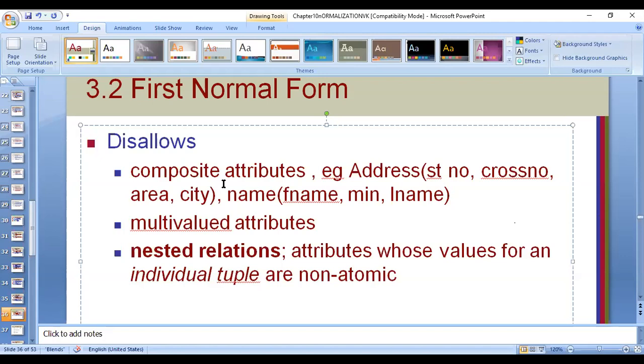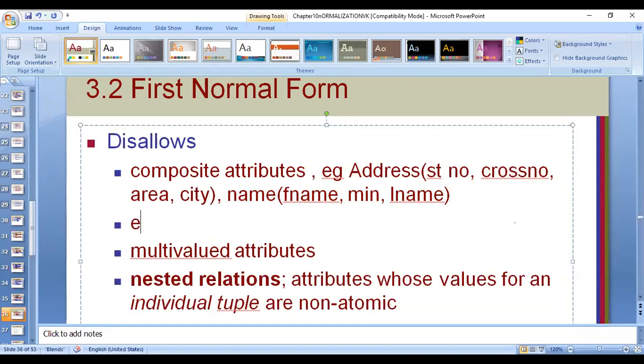But suppose from that ER diagram we wanted to create a table. In our employee ER diagram we have this as a composite attribute. So when we try to create the employee table based on that ER diagram, we may try to create it like this. First, SSN, and then we may take name as the attribute. Name is a composite attribute, which is a combination of all these three attributes. Then this goes against the rule.